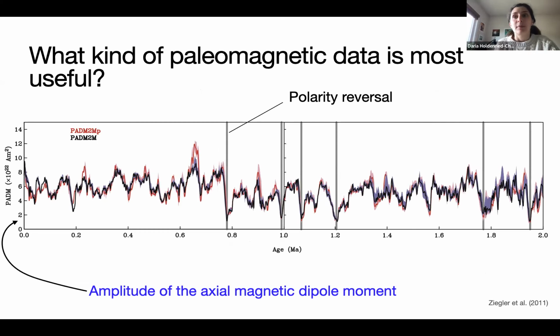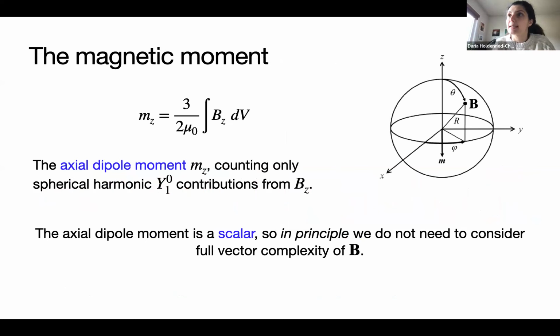So essentially, we've been looking at the amplitude of the axial magnetic dipole moment over the past 2 million years. So we have this time series, but simply for the axial magnetic dipole moment. So in principle, we don't really need the full complexity of the magnetic field. So this is the definition of the axial dipole moment. And since it's a scalar, we were hoping to be able to find an equation that represents just this instead of having to compute the full magnetic field